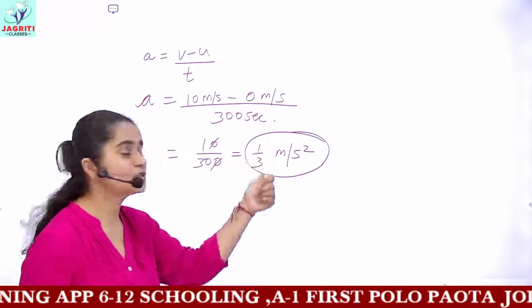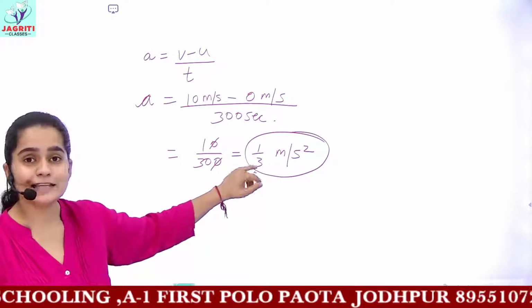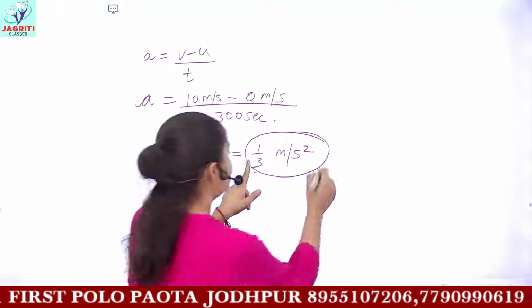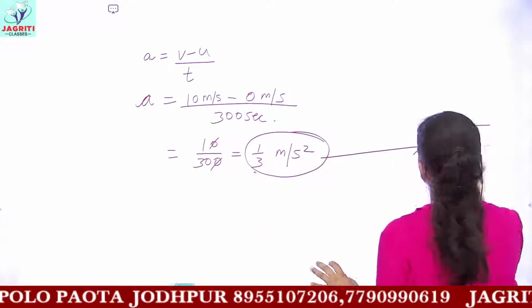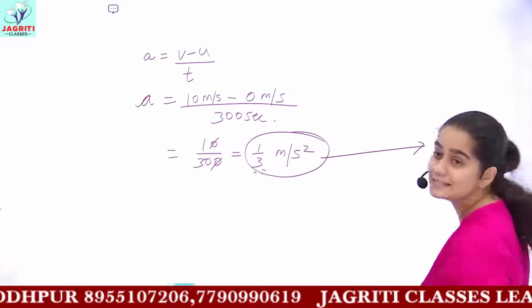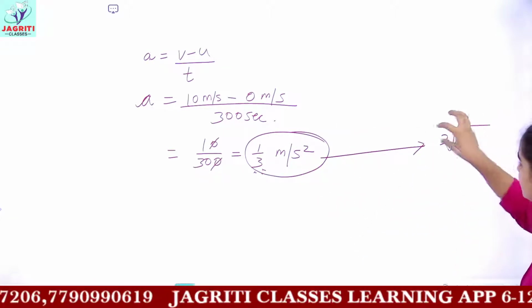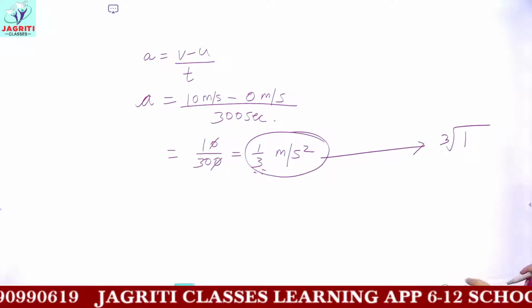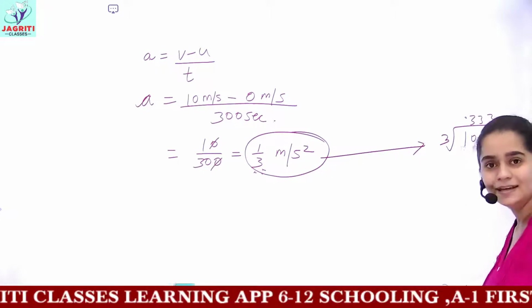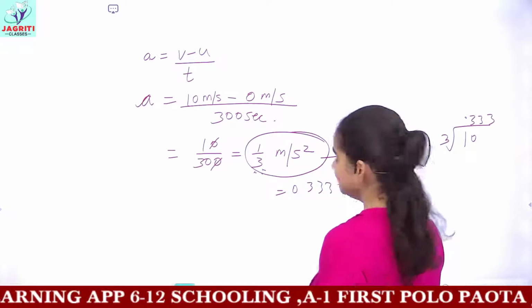Yes, definitely you can solve 1/3 in decimals. How to do that? The denominator is placed as the divisor and numerator acts as dividend. Okay? If you are confused somewhere here also about how to convert this, then the denominator, which is 3, acts as divisor always, and 1, the numerator, acts as dividend. The number which is written inside is dividend, which is written outside is known as divisor. Then you put a point here, 0, then you would get 0.333 as the answer. So 1/3 is 0.333 meter per second square.